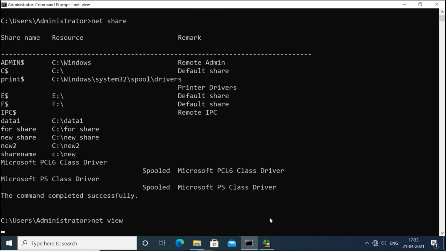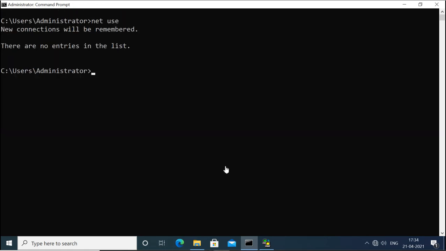Net view is taking a time. Net share will show you the share folders. Right now it is showing there are no entries in the list, but new entries will be there when you connect it, when you establish the sessions. Now when you connect, it asks the username and password.